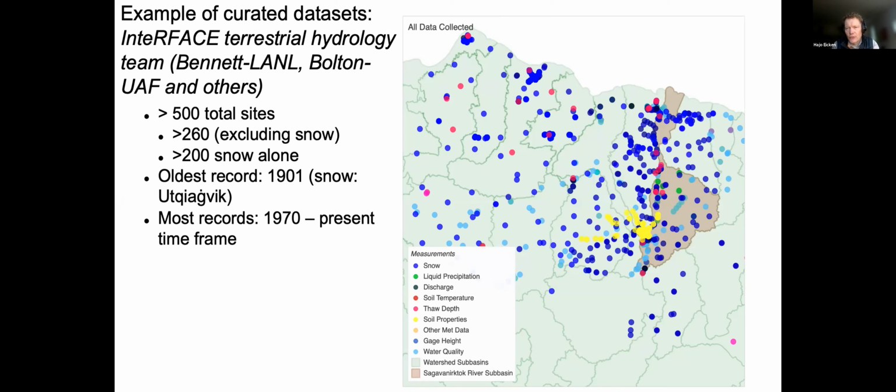So they're reviewing existing data holdings from a range of different agencies, USGS, State of Alaska, university researchers, and others. What's shown here is a summary of some of the data that they're reviewing in terms of quality, continuity, and availability. The idea being that all of this will then be integrated and made available through this portal. You see there's a lot of snow measurements out here. I do want to acknowledge, I saw Melinda Webster is on the meeting here as well. Of course, she knows a lot about snow remote sensing as well.